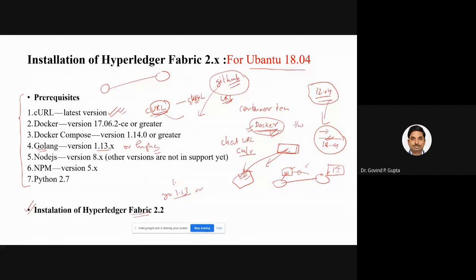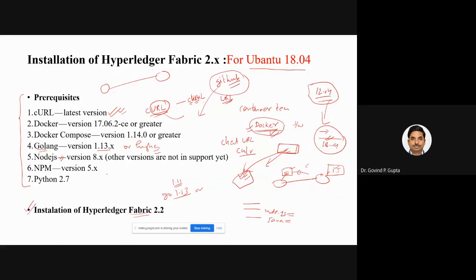If we are using 1.11, then the chain code which is developed in Go gives us some error. Okay, so there is a dependency. Now, yesterday I talked about the two types of SDK supported by Hyperledger Fabric. One is Node.js, and the other is Java. It means if you have developed any web application, then you can easily invoke the functionality of blockchain with the help of these interfaces provided by the Fabric.